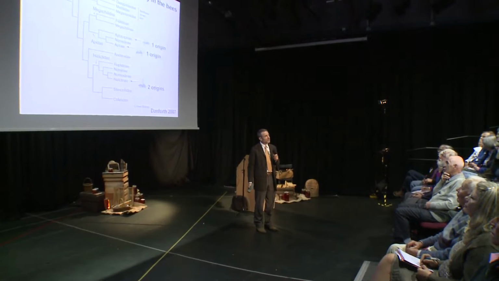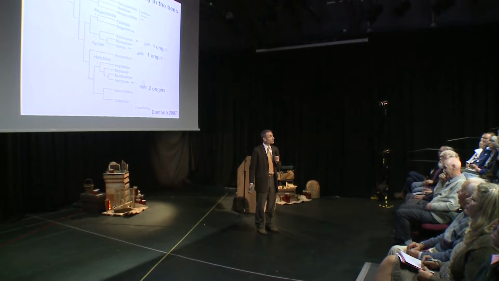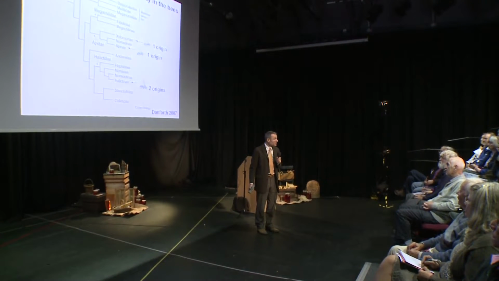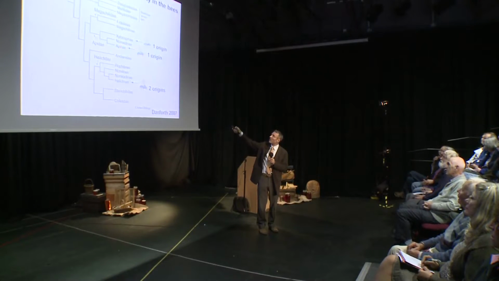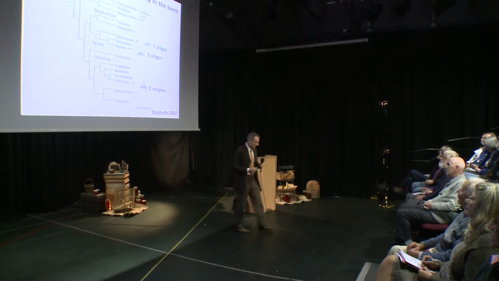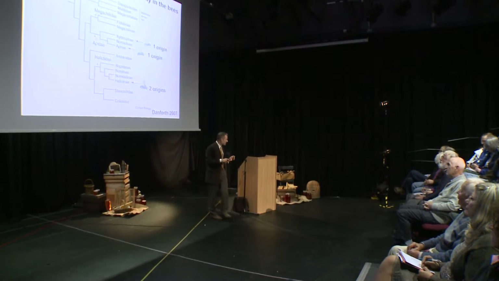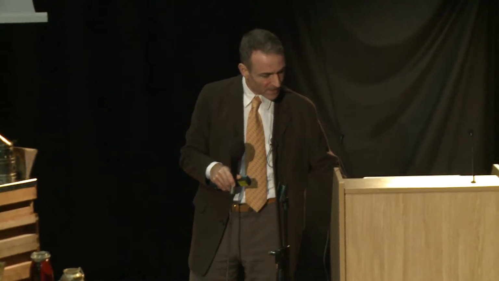I'll just say now, there aren't many species which are eusocial. We've only got about a few thousand species in the world which are eusocial, of about 1 million or so described animal species. So it hasn't occurred very often, but it has occurred 4 times in the bees. Once in the honeybees, the group leading to honeybees and stingless bees, once elsewhere in the same group, and then twice in the sweat bees, the Halictidae. And as I've said to you, it's a relatively recent origin.